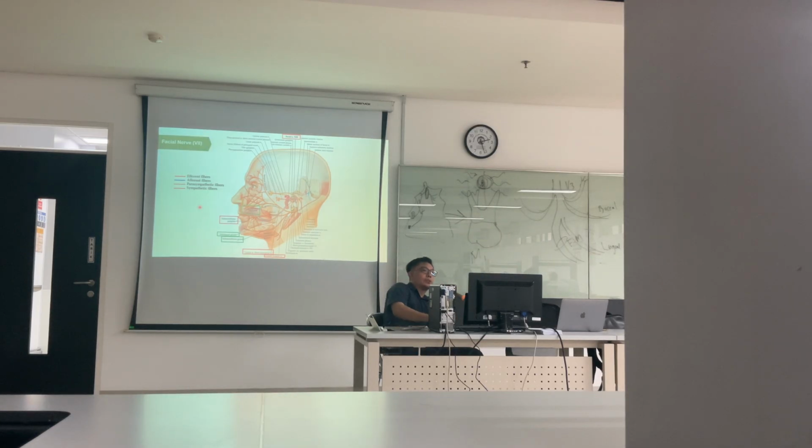So this is the facial nerve. In the facial nerve, they have efferent fiber, parasympathetic fiber, and sympathetic fiber. Oh, sorry, sympathetic is not included. These are the two, efferent and parasympathetic. What's the difference? Efferent is for movement, muscle contraction. In the case of the facial nerve, they innervate the muscles of expression. For example, when you feel happy, your face will change, right? The expression is from the facial nerve.